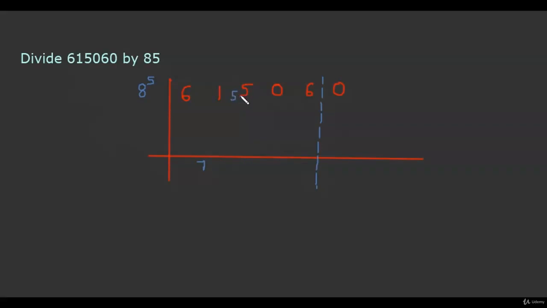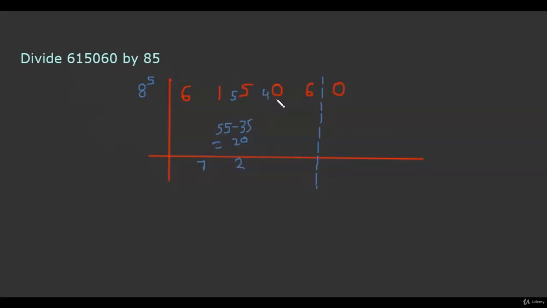So the next dividend number is 55. From 55, we want the net dividend number. In order to get it, we have to subtract the product of the flag digit and the previous quotient number. 5 multiplied by 7 gives us 35, and 55 minus 35 is 20. Now this is a net dividend number, and we always divide the net dividend number by the base number. So if 8 divides 20, we get 2 as the quotient and 4 as the remainder.